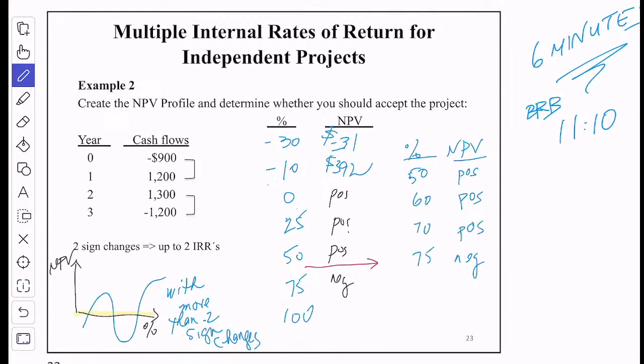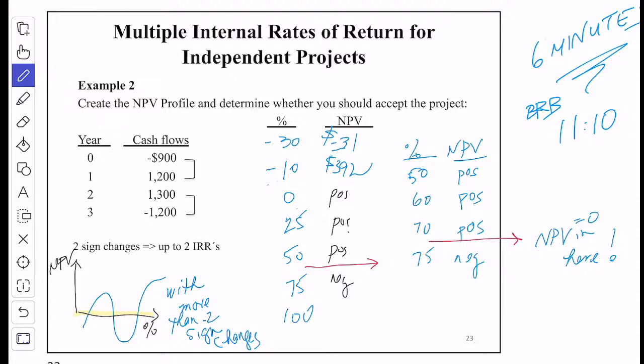So you know the NPV must be in here. NPV equals 0 in here. Right,